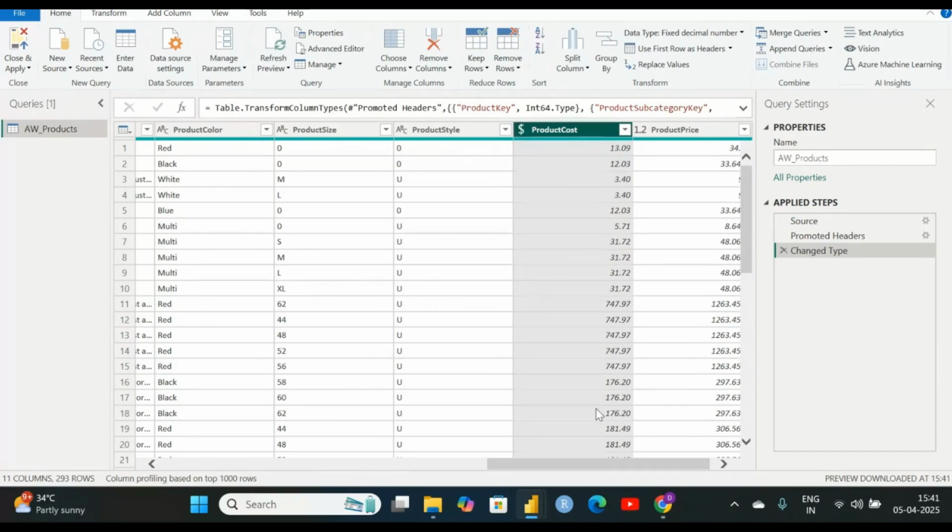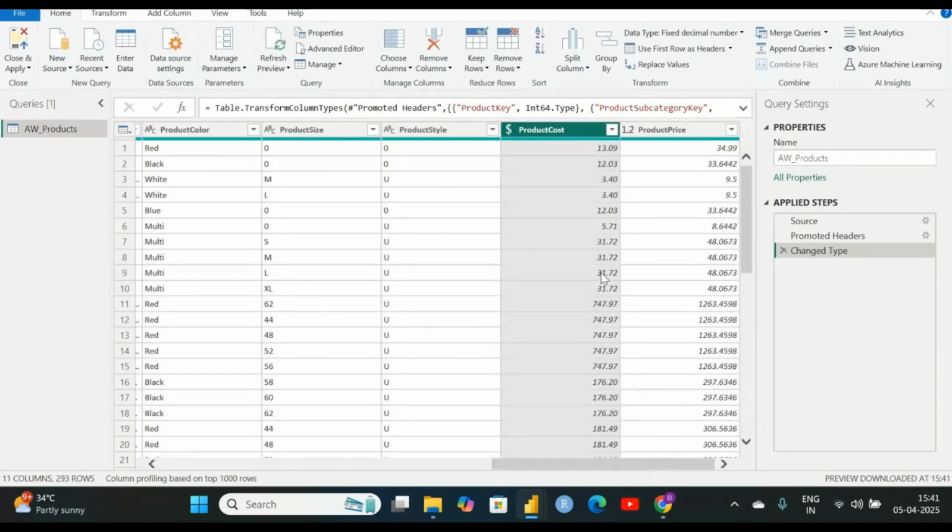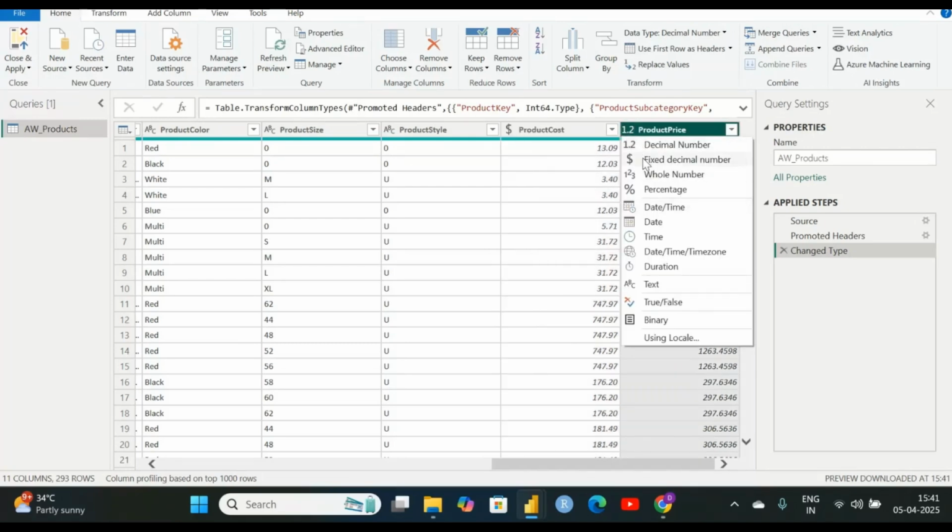You can see now this is represented in a much cleaner format, only two decimals, and this is categorized as a currency now. So now product cost is in currency. Similarly, I can change this to currency,